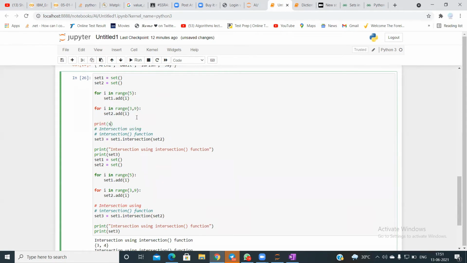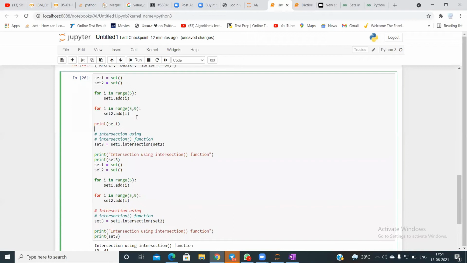Print of set one and print of set two. I'm doing set intersection. Let me copy these two over here as well.